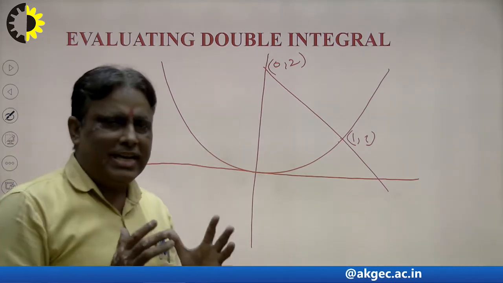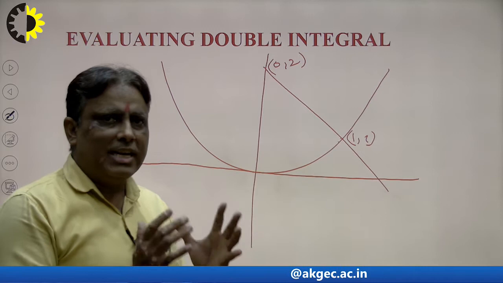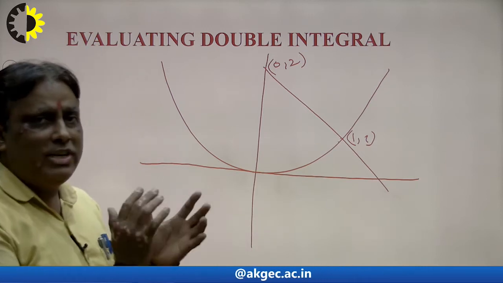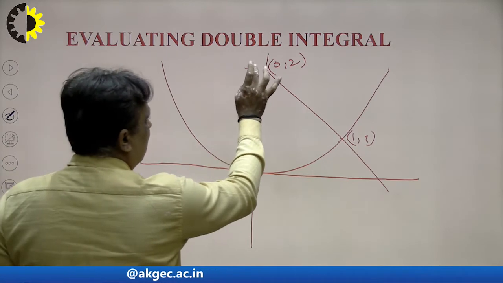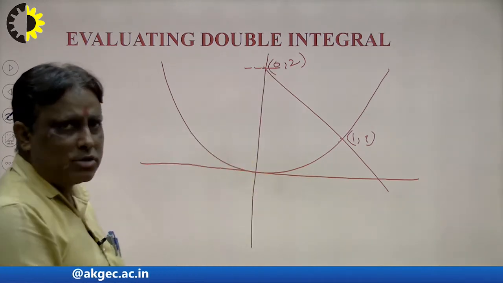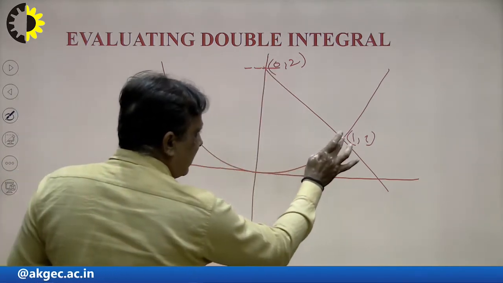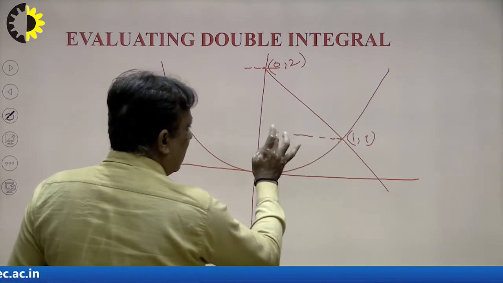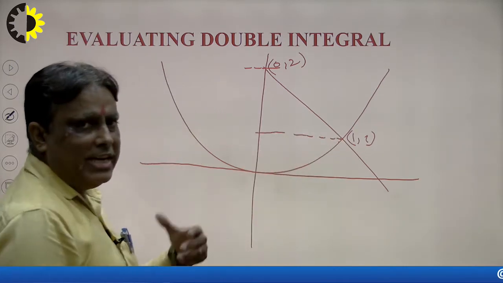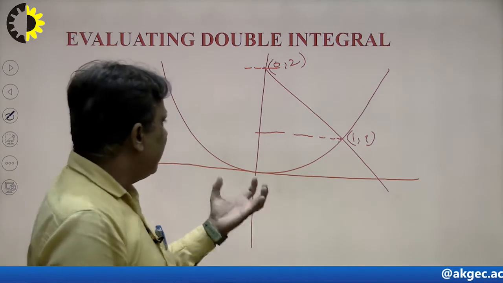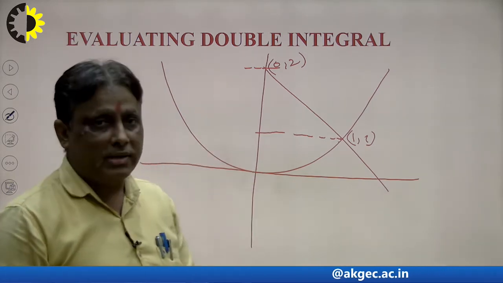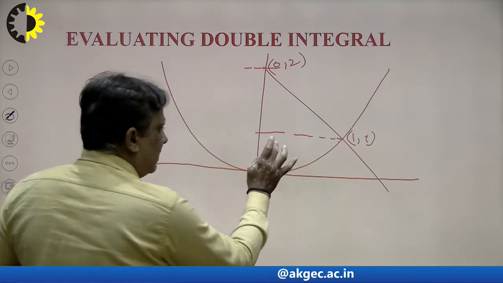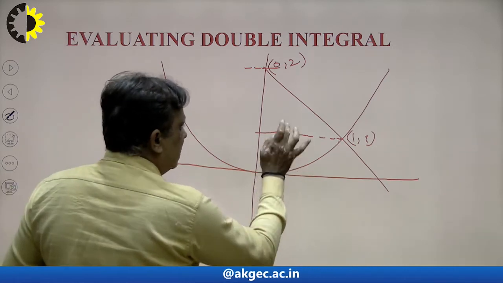Suppose any student can say, "Sir, I want to take the limit of x first." So first of all we see whether the region is divided or not. Suppose I draw a line parallel to the x-axis; this one passes through the outside, but this line passes through the middle. So if a student wants to take the limit of x first, the region is divided into 2 parts: first is R1 and second is R2.